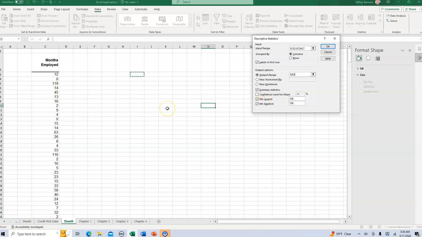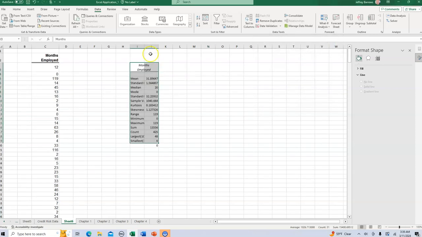Since we have 425 values, if you take 425 and you divide it by 4, that comes up to just about 106. So the 106th smallest element in the data would be the 25th percentile. And then if you start at the largest value and you work backwards and you go 106 values, that will be the 75th percentile. So to answer the percentile questions, the 106 smallest, 106 largest, whatever those values come up to be, would give you the 25th for the smallest and 75th for the largest, respectively, percentiles. If you hit OK,